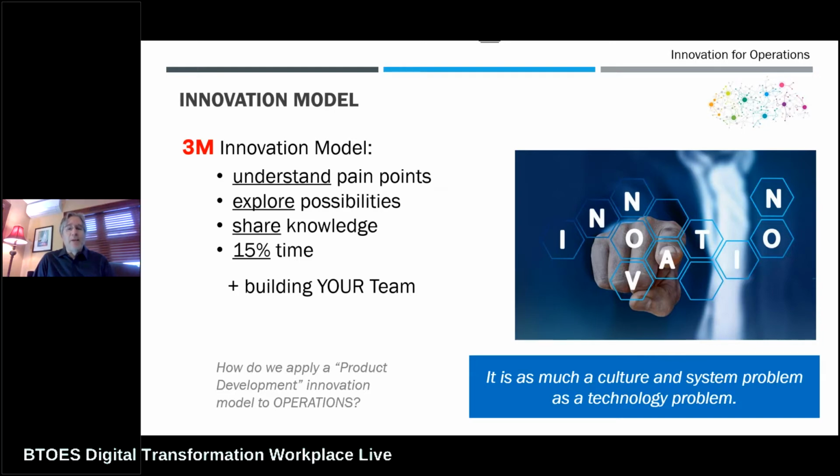So I really want to get an understanding of what's going on around me. What problem am I trying to solve? What particular pains do we have in operations? Again, all the way from the shop floor to the management. Then we want to explore possibilities. Hey, this is really the fun part. This is the best part of my job, scouting new opportunities, new ideas, new ways of solving these problems